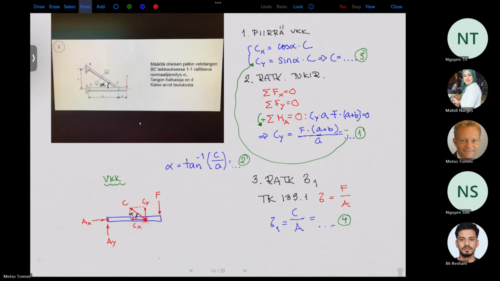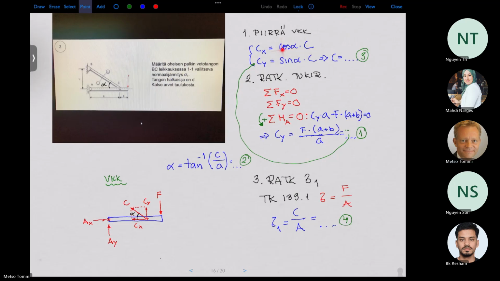And at the same time, you divide the force C to the components Cx, Cy. And it's here,